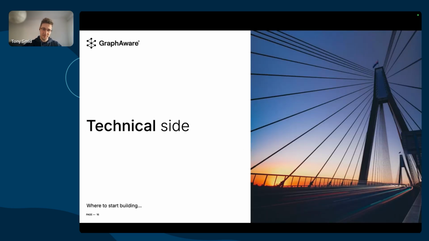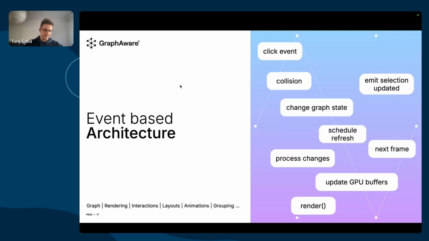All right, you have your vision. You know you want to create your own graph visualization library, and you get the people to build it. Where do you start? What is supposed to be the ideal stack for it? Well, firstly, a lot of the moving parts are going to be asynchronous, and having an event-based architecture for that